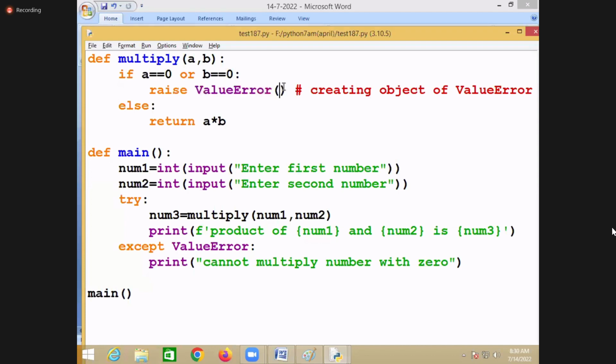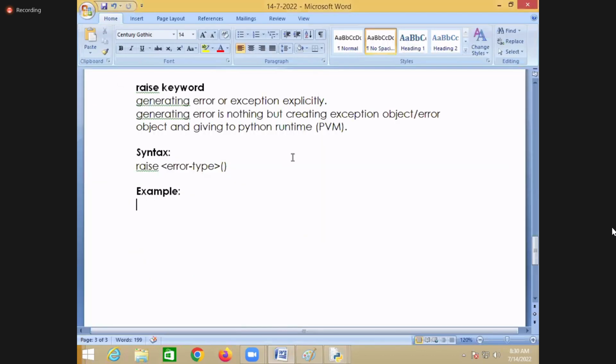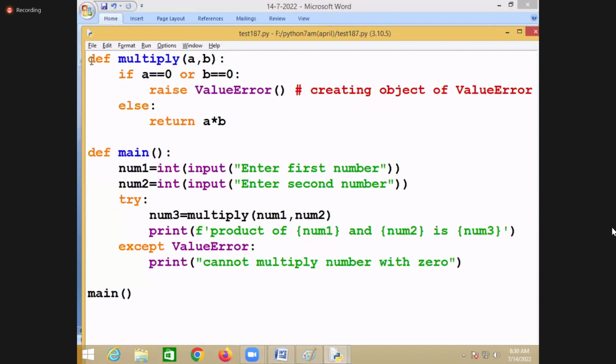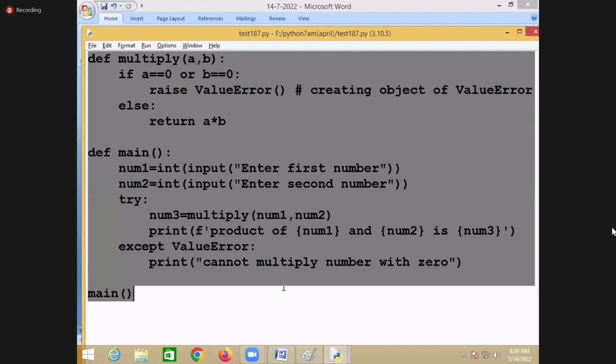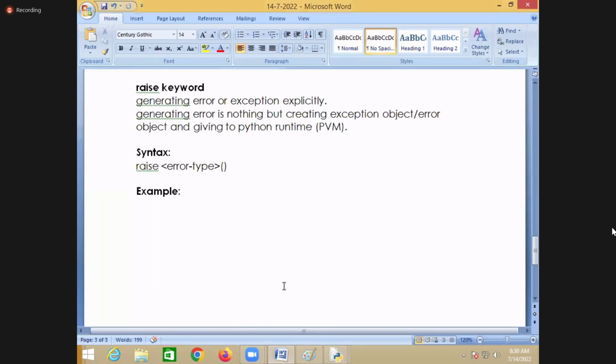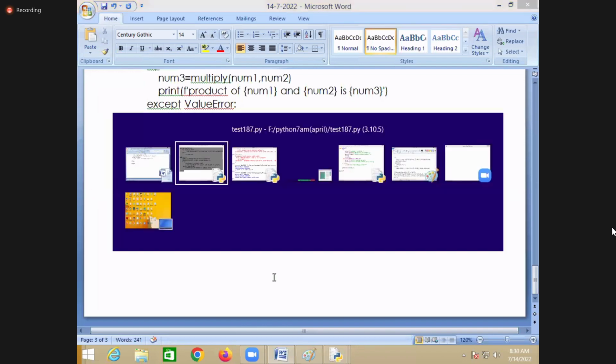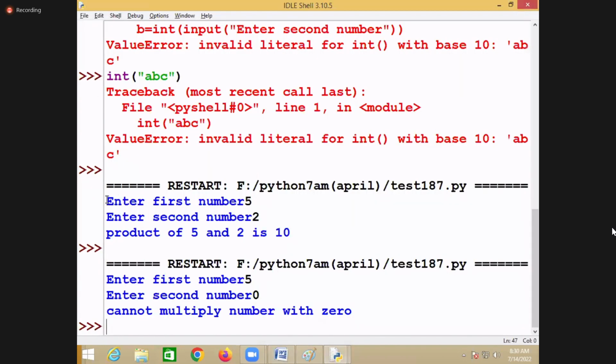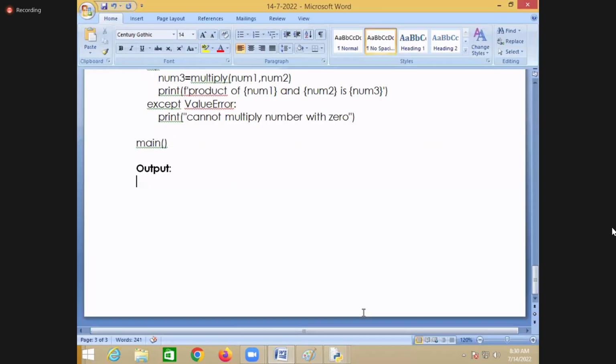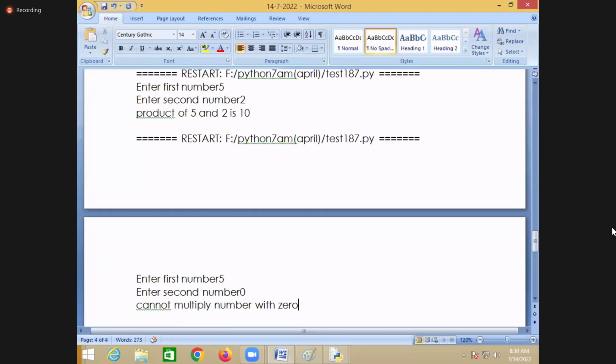I'll try to build my own type. That error, you call it as custom errors or user defined errors, they are the same thing. You call it as which errors? User defined errors.